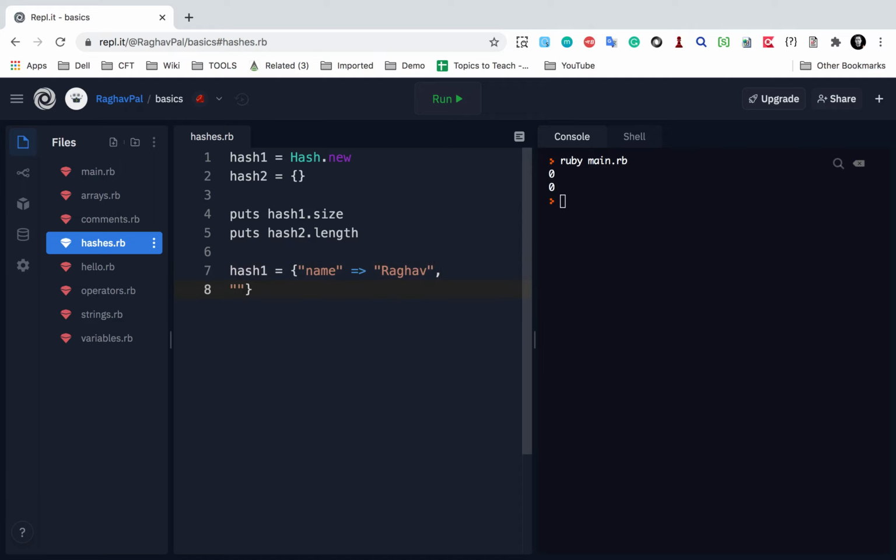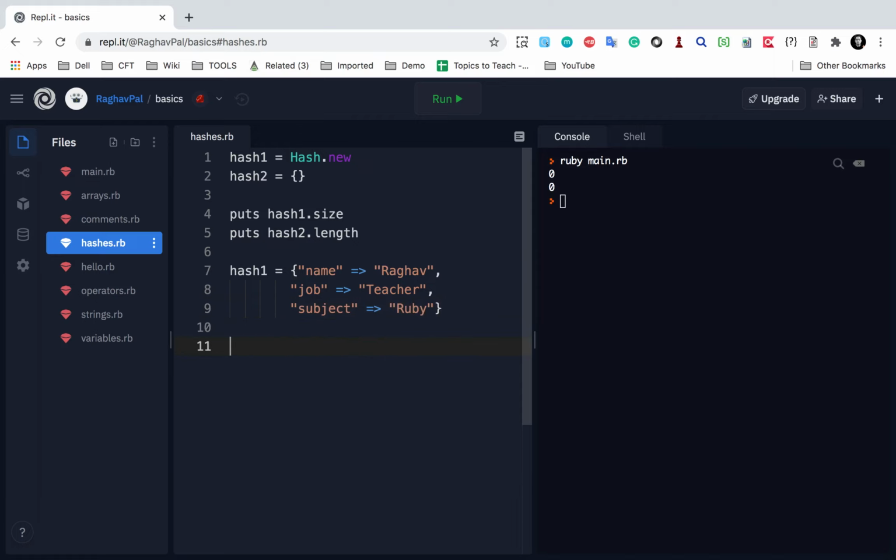I can also put this on a new line for easy readability. So I say job, then the symbol equals and greater than, and job is teacher. I again give a comma, and then write the third key: subject, and the value Ruby.